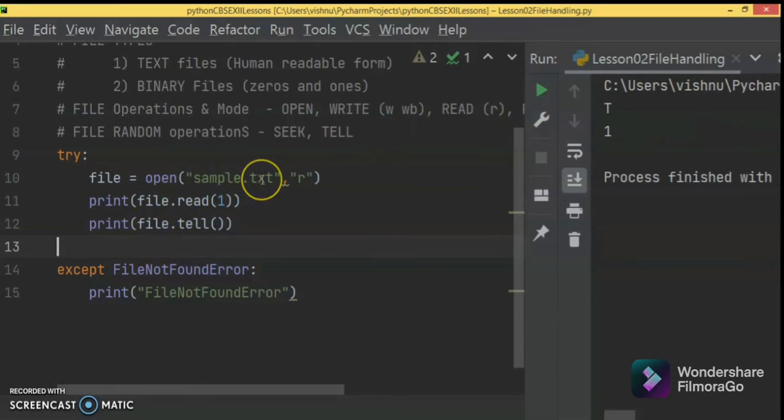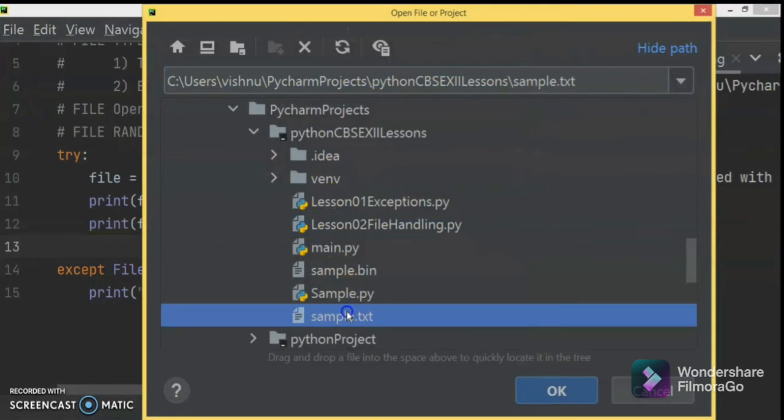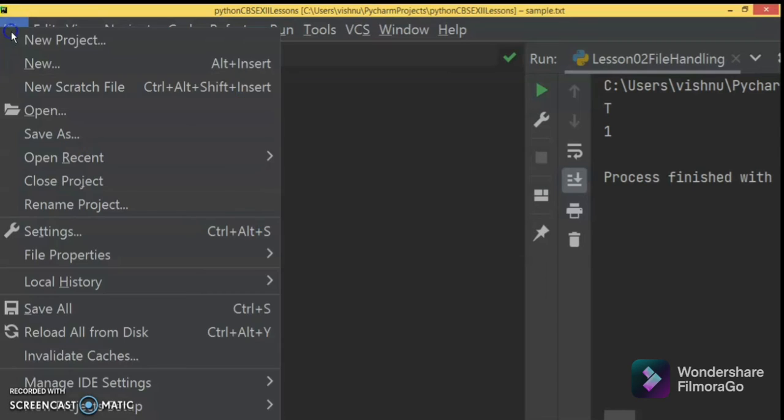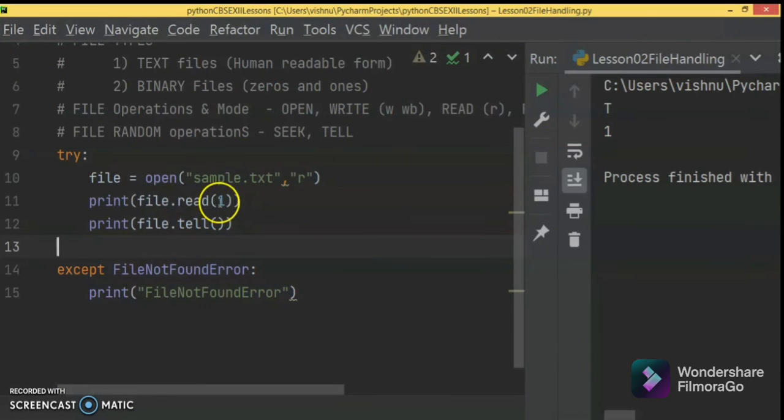So first in sample.txt we have placed, please see once again, we have 2 and 3. So I am printing the first character here because I have mentioned 1. I have mentioned the first pointer, so it is 1 here.